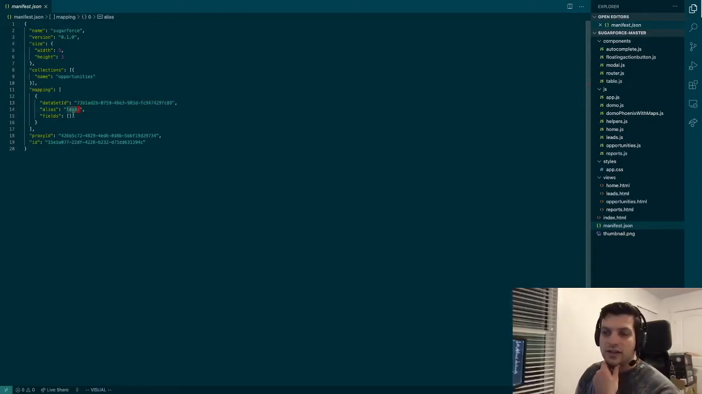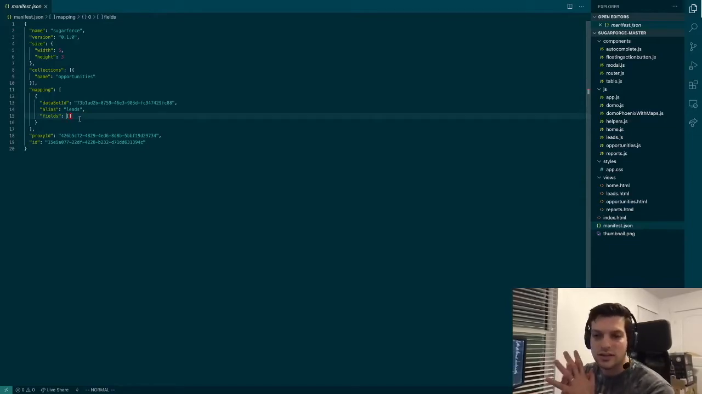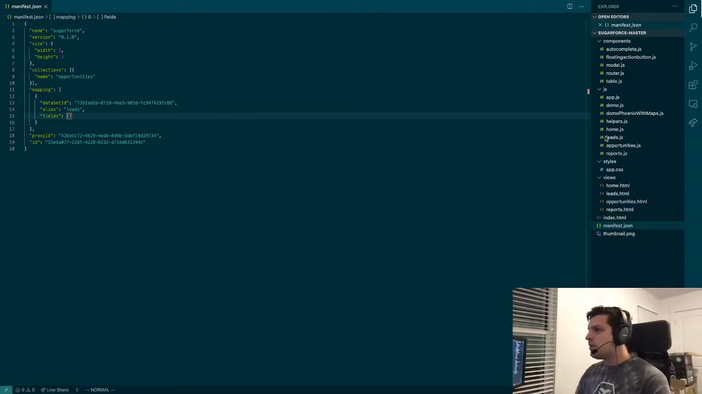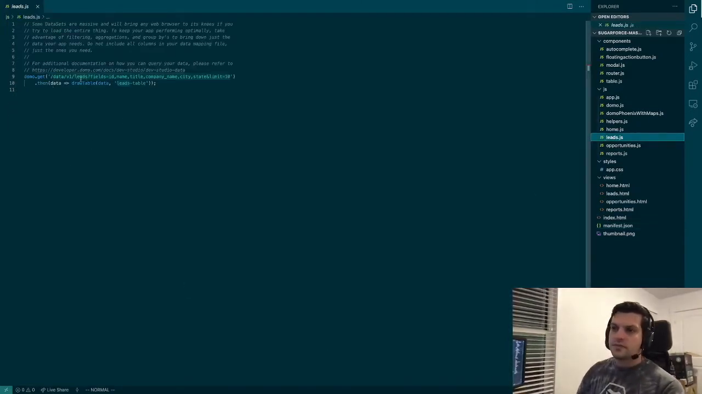You'll give it an alias, which is a human-friendly name that makes your life easier. And then you also give it some fields. In this case, we haven't given it any fields, and that's okay. This is for overriding and is a little bit more involved. You're welcome to read about it in the documentation, but for now, know that an empty array is perfectly acceptable to use. Moving back into leads,